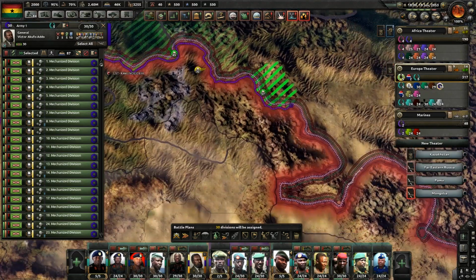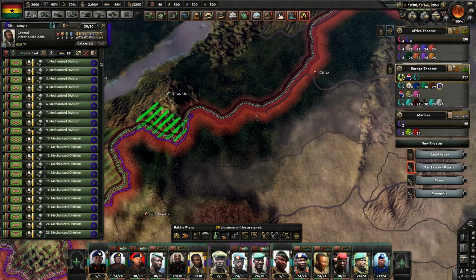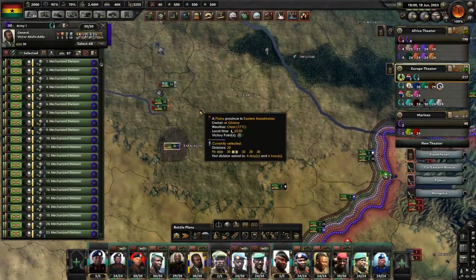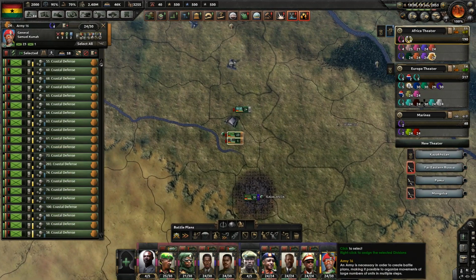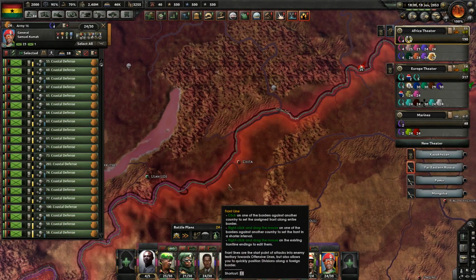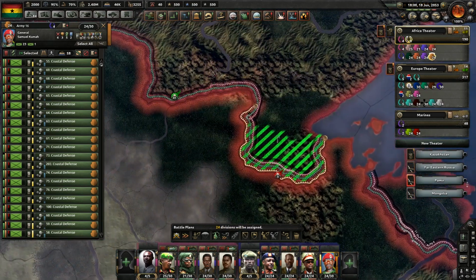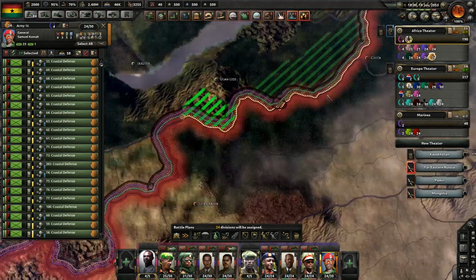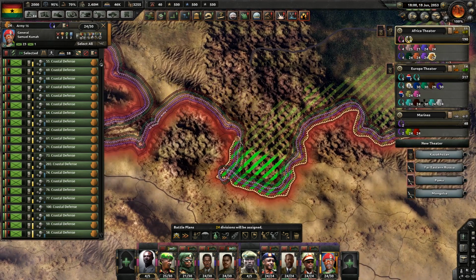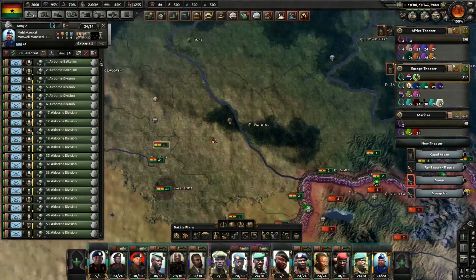I want this army spread out as far as you can go before it becomes too far. There you go. I want this army to reinforce. Oh, this did get cut off here. Okay, that's not great, but there we go. Overlap a little bit there. And you guys...